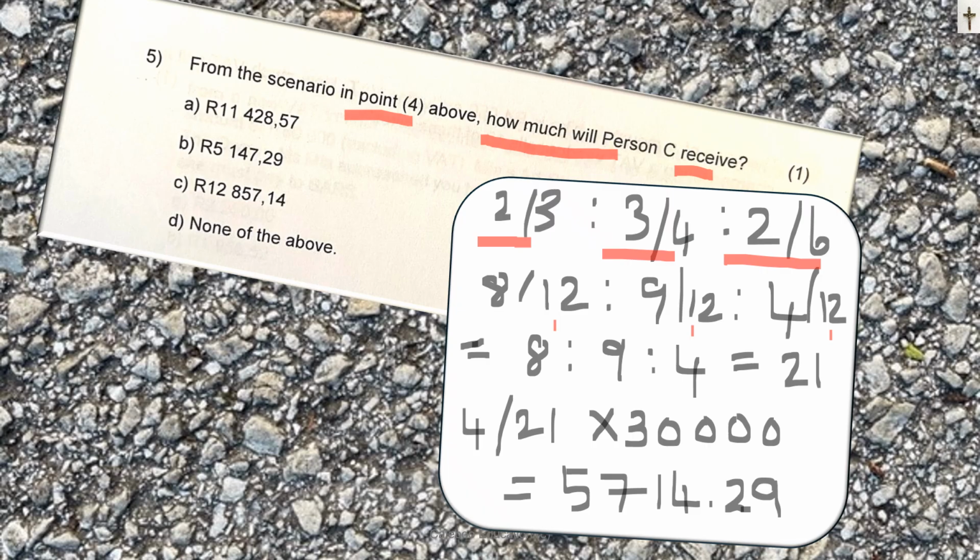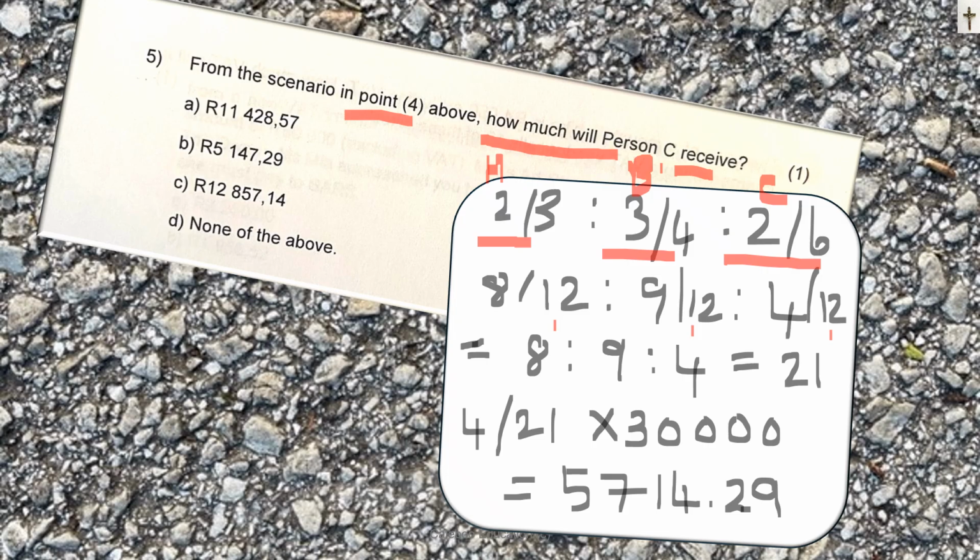So we will see, this first person is A, the second person is B, and the third person is C. So how much will person C receive? So the first thing we need to do is